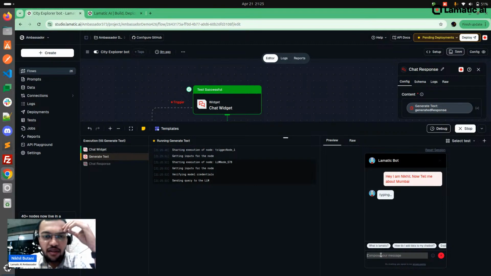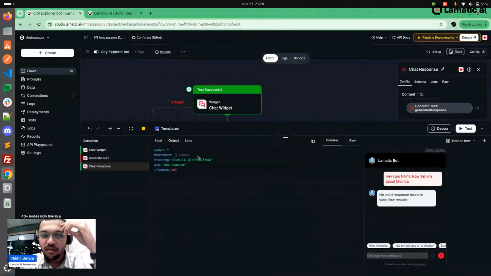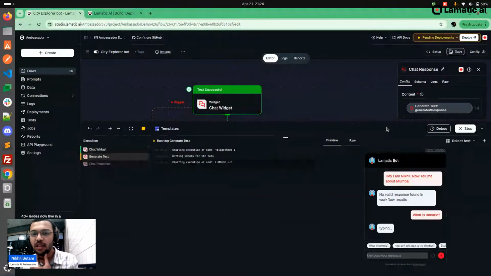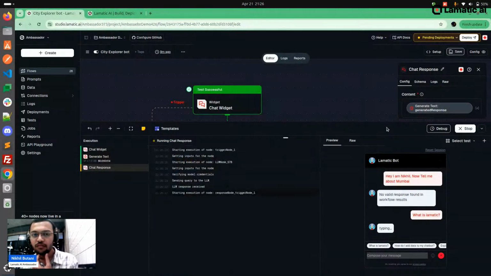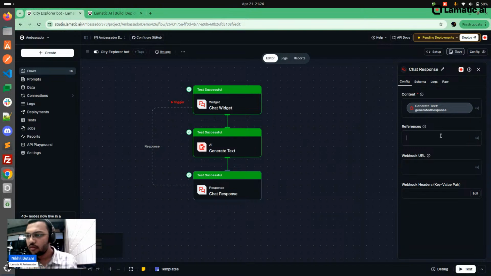And here you can see in the chatbot there is no valid response found in the workflow result, right? So I need to check it once. Basically, what is Lamatic? Let's see what output it gives. Yeah, it's null. Okay, I just save.